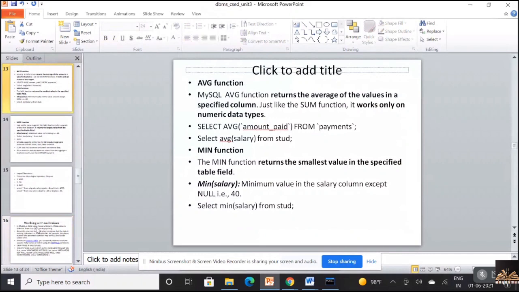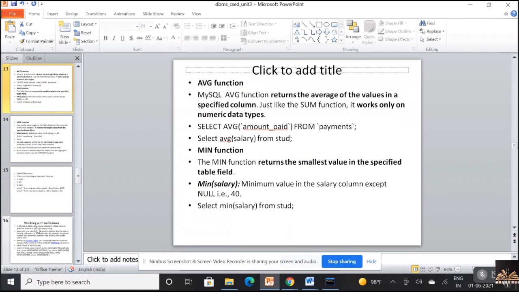Next, average. The average function returns the average of the values in the specified column. Whenever you are interested in finding out the average of a particular field or attribute of a table, you use the average function.